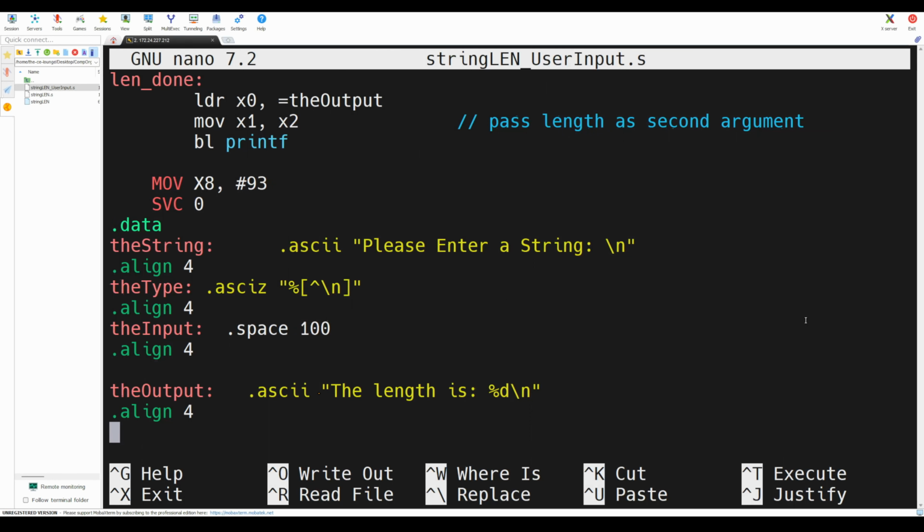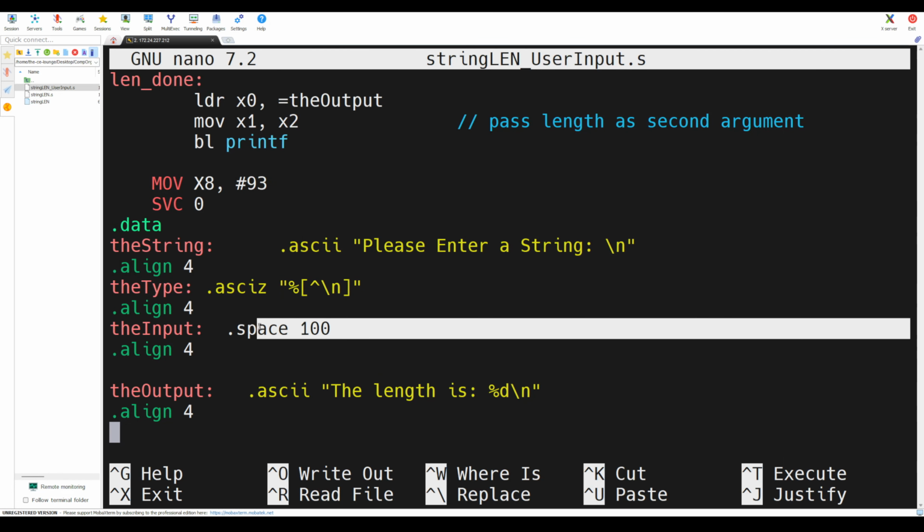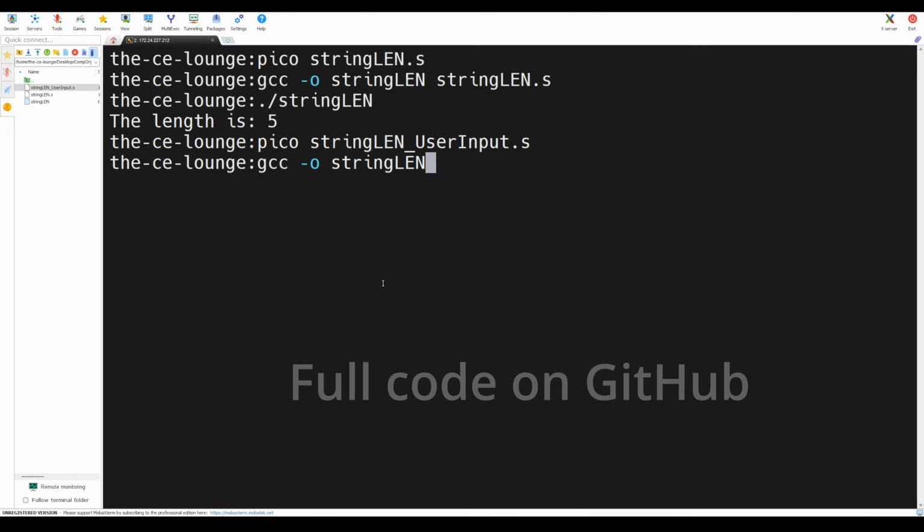The reason is scanf usually does not read if you have a space in a user input. So using this, you're telling the processor to read the user input until you see a new line character, or the user presses that enter. With this, the user input is stored in the variable. Now, you can use the same code we used before to